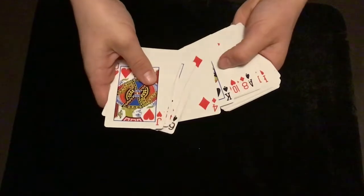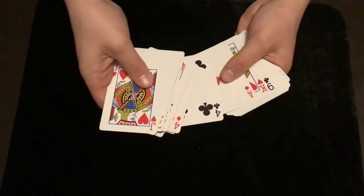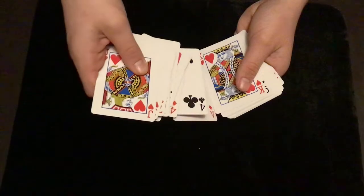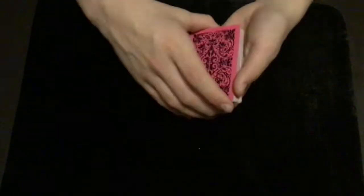Let's see if there's a 4 that's farther away. Let's see. Oh, good, 4 of clubs. And what I'm doing, just like last time, is flipping over the card above it. So Ace of Diamonds, not the 4 of clubs. Now what you're going to do is square it up, and you're going to ask your spectators